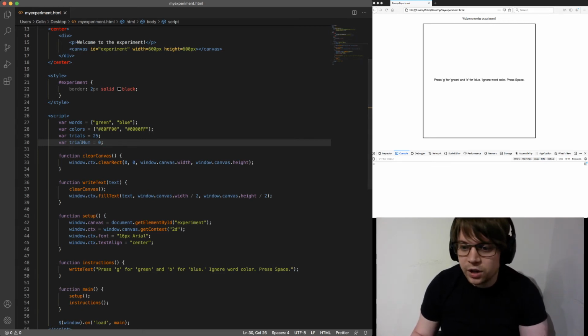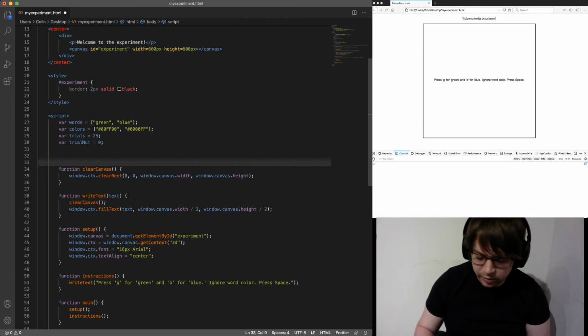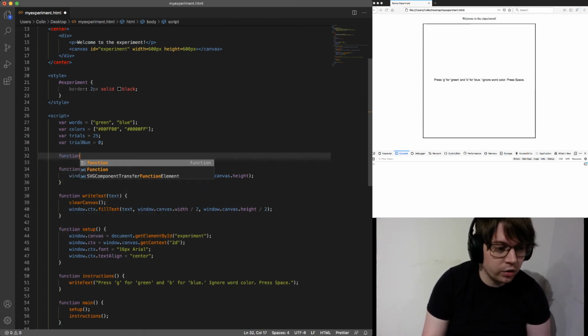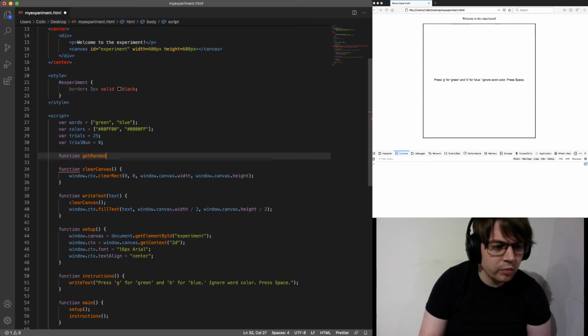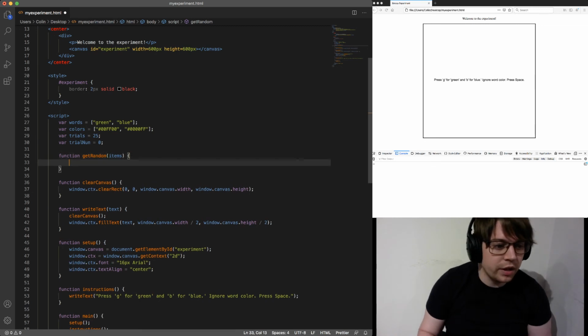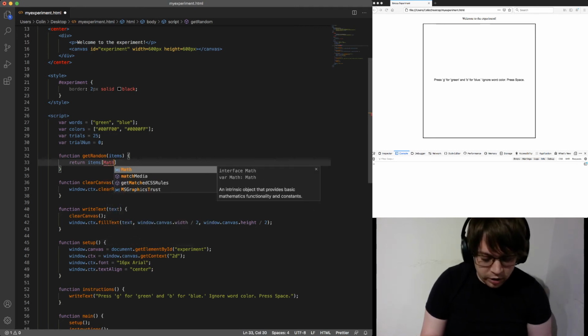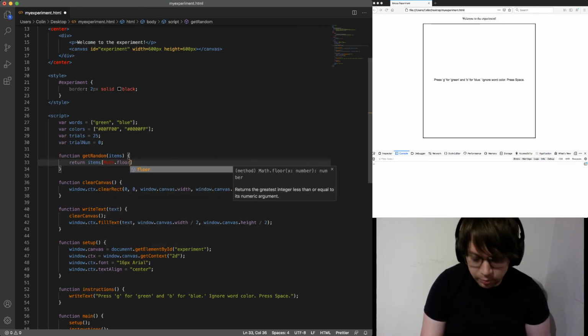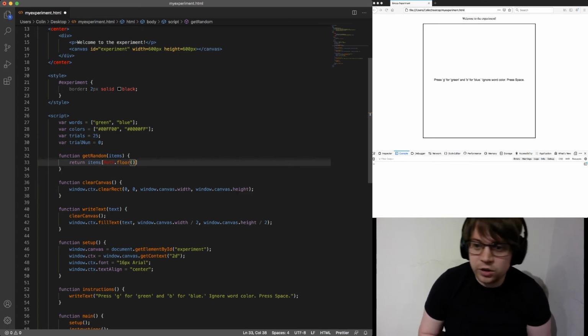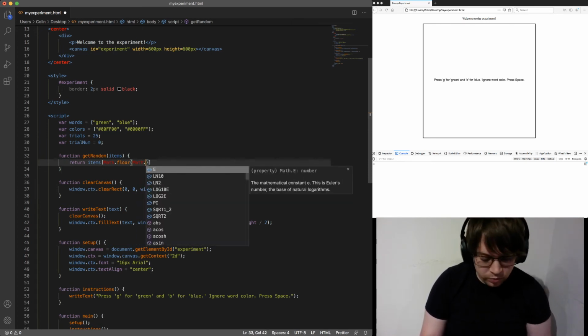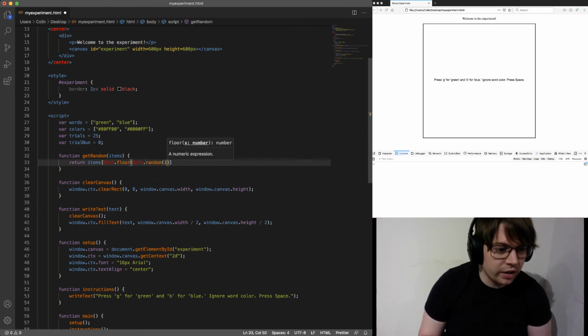Cool. Okay, so I'm going to define one more helper function here. And this is going to be something that I pulled straight from Stack Overflow a long time ago. It is a getRandom function that takes in some items in an array and returns a single one of those items. So you are welcome to go ahead and look up the Stack Overflow post that has probably over 1,000 upvotes because this is one thing that isn't natively in